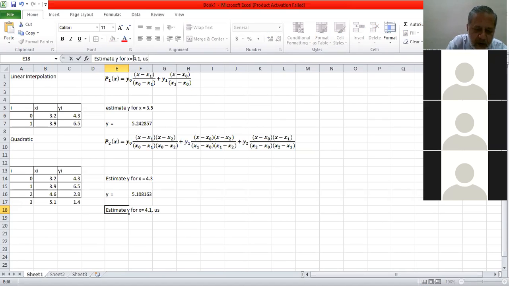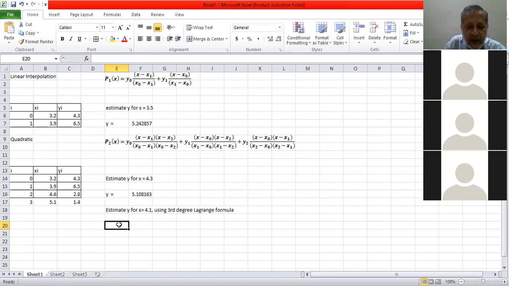And then I say using third degree Lagrange formula. So I leave this for your exercise. You calculate y. I hope this is sufficient to make you understand how the Lagrange interpolating polynomial can be used. One last thing that I need to tell you, that if instead I say that